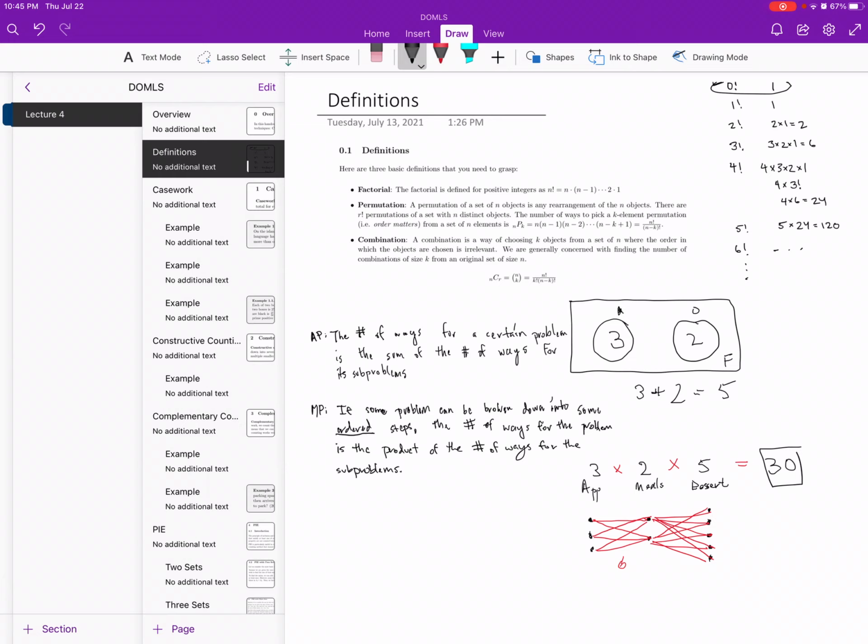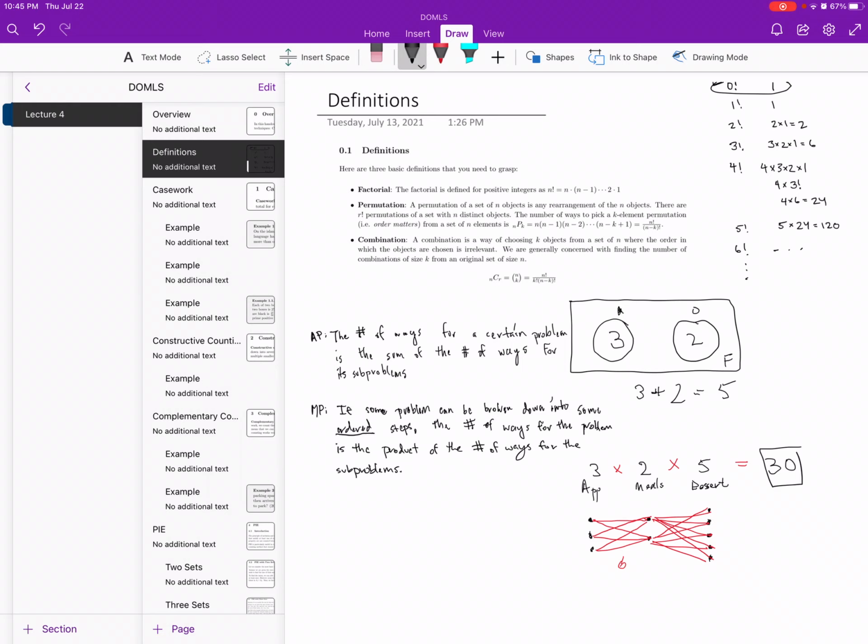And we also have combinations. Combinations are a way of choosing elements from a set. So here, order does not matter. We're just choosing. So the idea is that a combination is a way of choosing,